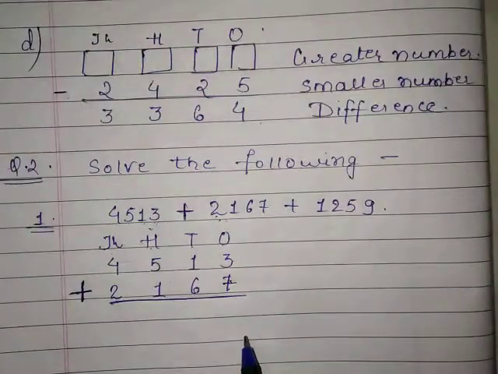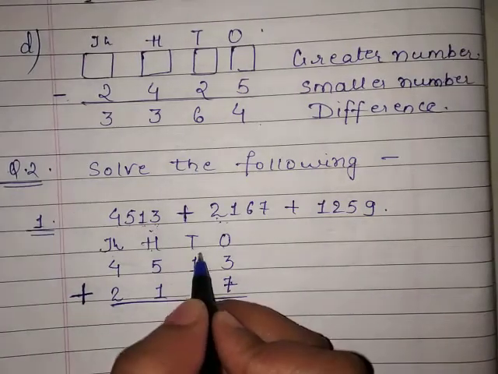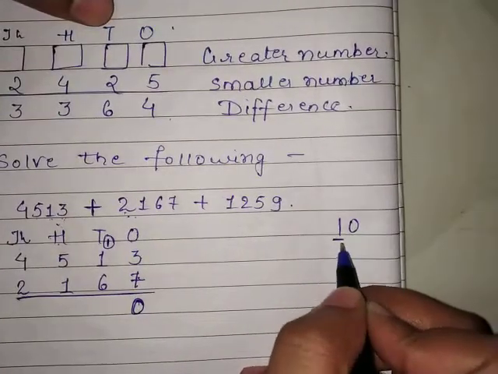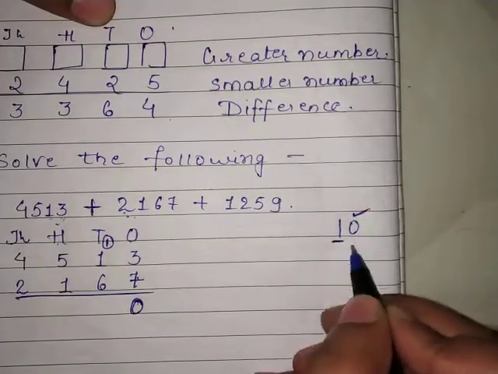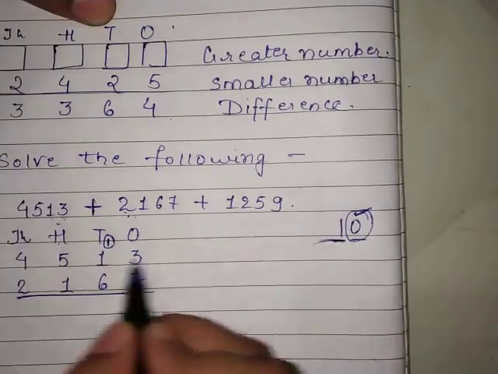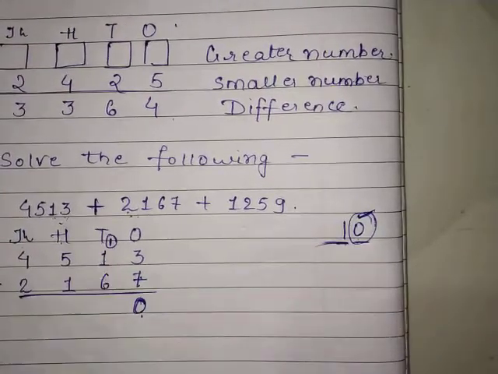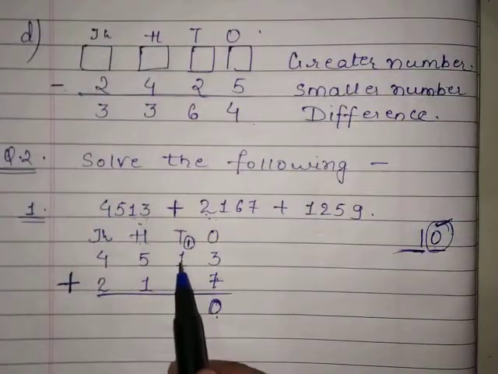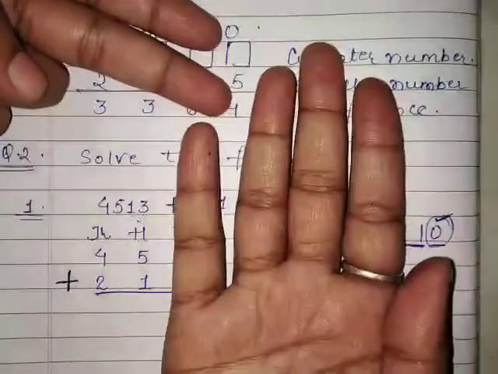And in this 10, we have to write the 0 here, and we have to give 1 as carry, because in 10 the number at the very right side, only this number we have to write here, and the rest we have to give as carry. So first we will write 0 here, then we will give this number as carry. So here you can see that 1 plus 1 is 2. Alright, and 2 plus 6.